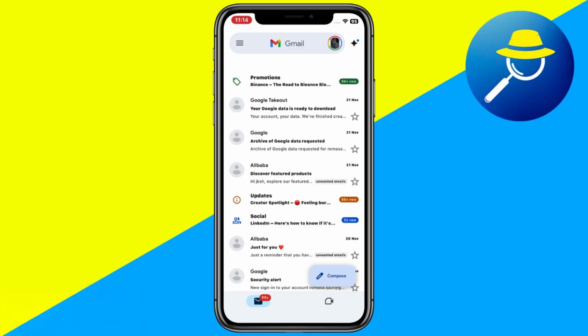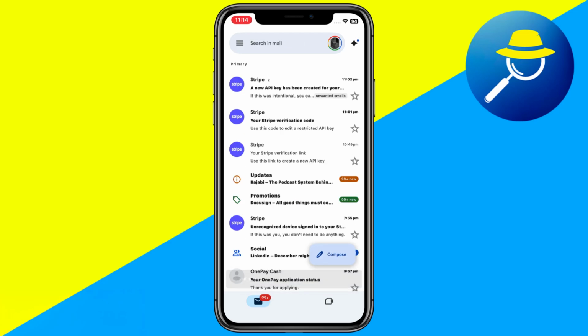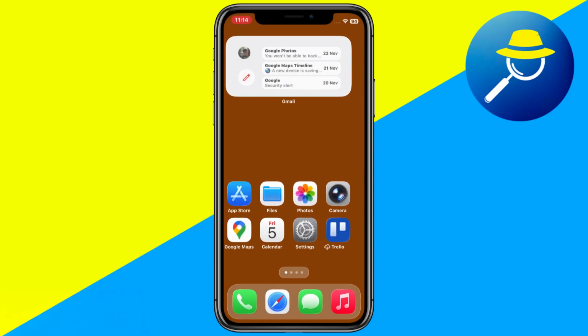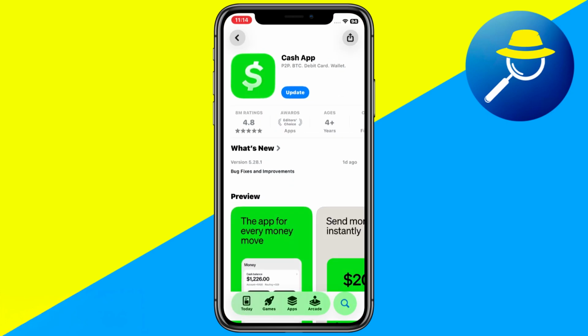First, check your email and SMS from Cash App. They often explain why your device was restricted. Follow any instructions provided. Next, ensure your Cash App and Phone OS are fully updated, as outdated versions can trigger